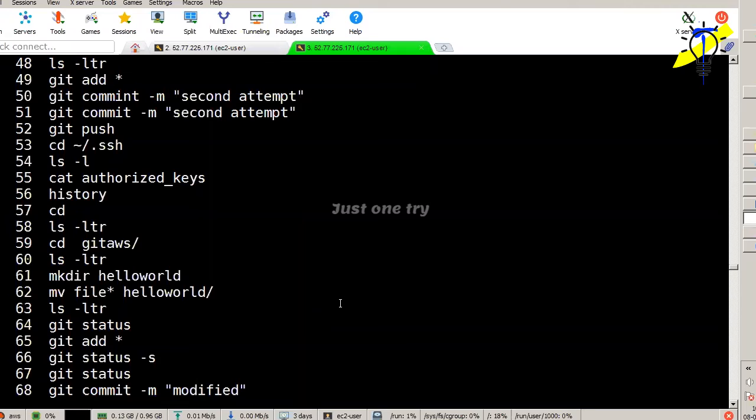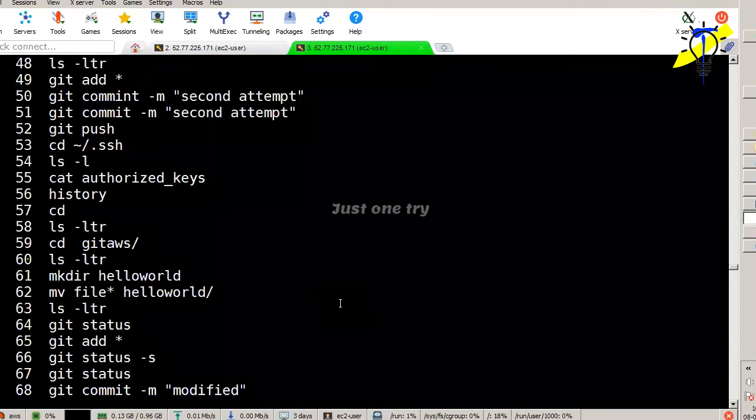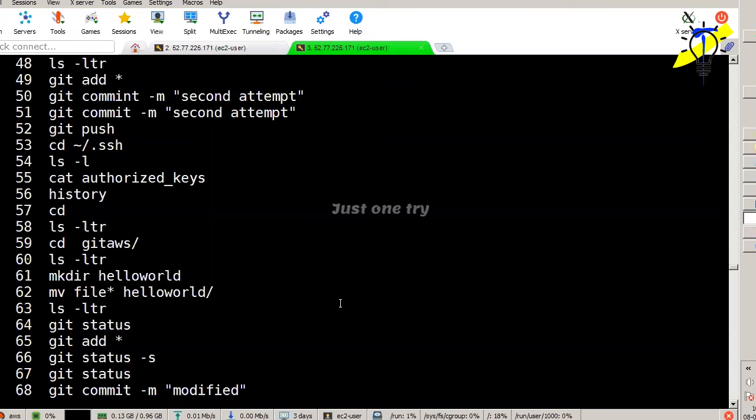Someone is asking a question also: if you use git clone, can I then pull a particular branch as well? You cannot do that separately. First you have to do the git clone and pull the master, and after that you can use this same command in that same directory, git set upstream, and later you can pull the particular branch. You cannot pull separately like that. So after the clone, you can do this option.